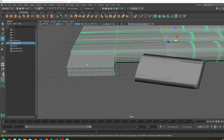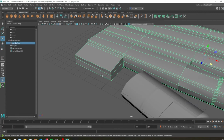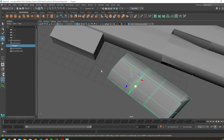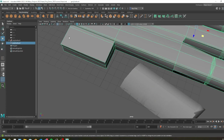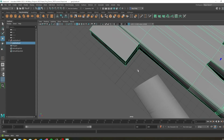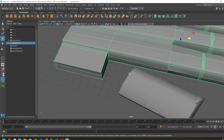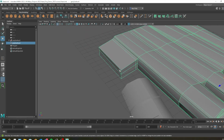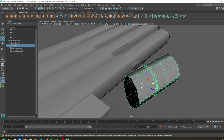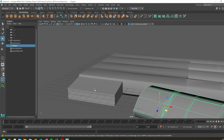Okay, so I can see that I've caused a little bit of an issue for myself with this thumb. The number of alignments that I have here and the number of alignments I have here don't line up. In other words, the divisions of my edge loops: I have 6 vertices here, and over here I have, I believe, 13. So what I need to do is add some additional geometry onto